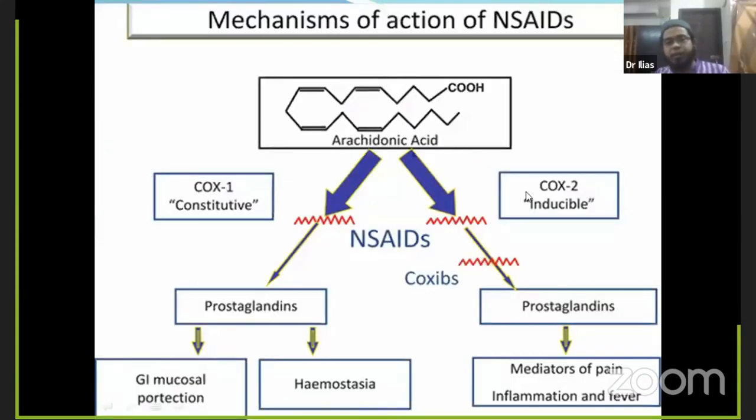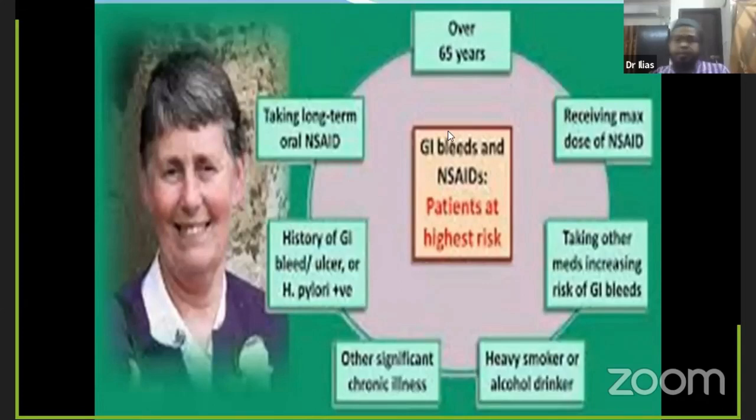So you see, this is the diagram showing the NSAID action, how it works to reduce pain, and how it causes gastrointestinal mucosal irritation. I'm not going to discuss these things. And you see another thing, what kind of risk factors are associated with GI bleeding along with the prescription of NSAIDs. Whenever we prescribe the NSAID along with these kinds of risk factors, the patient will have a chance of GI